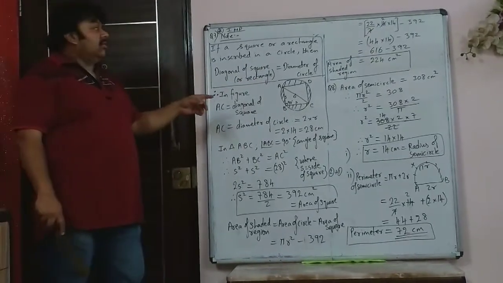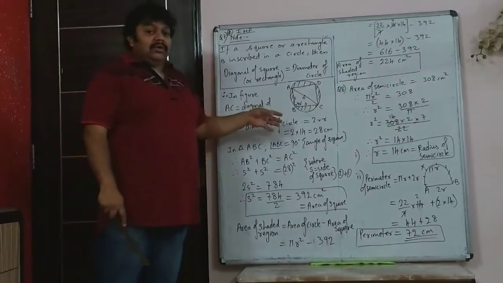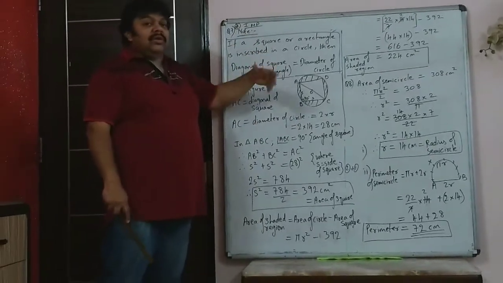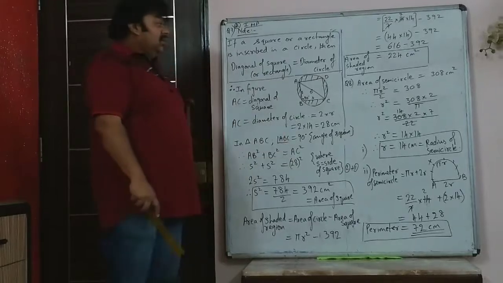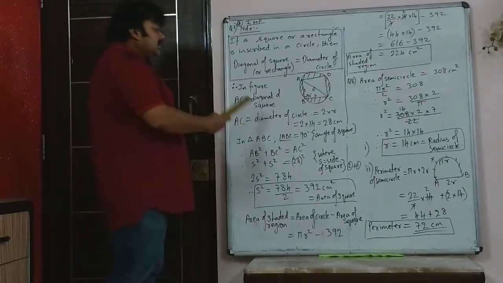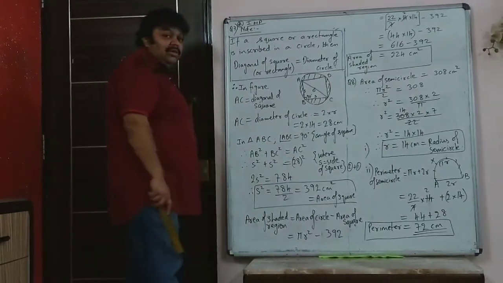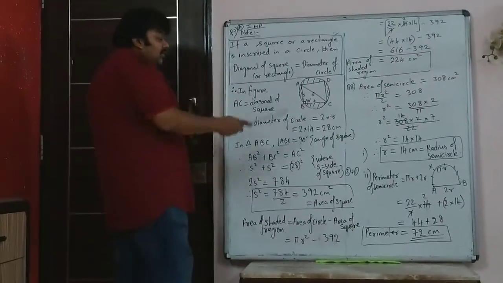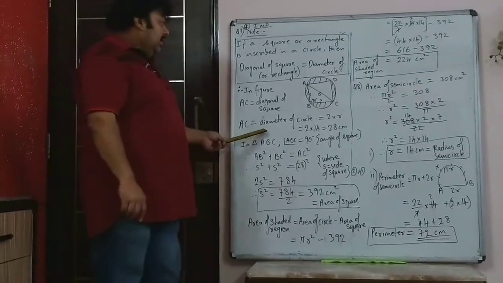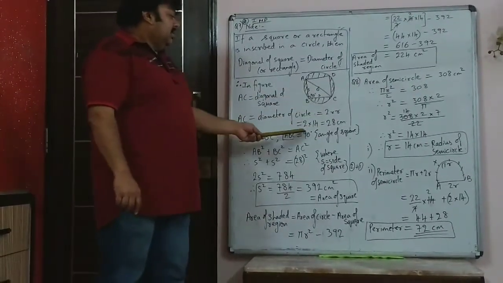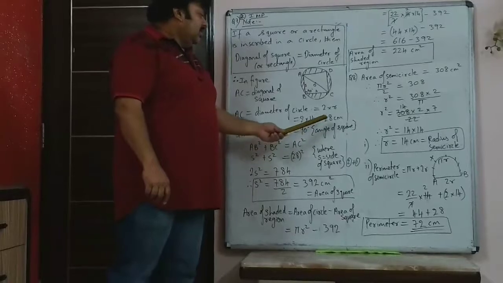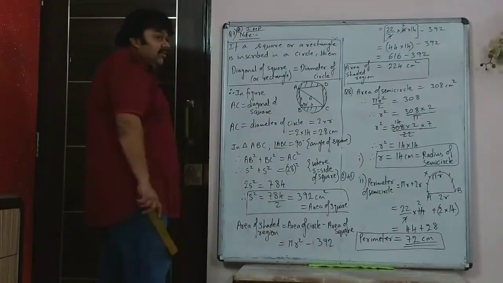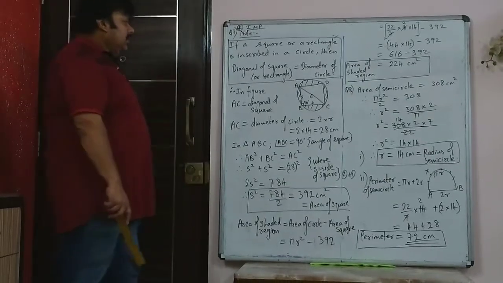So in your homework also there is a sum identical to this sum. Mark this sum is important. In that sum it is a rectangle inscribed inside a circle. In this case it is a square inscribed in the circle. Now here of course you are given AC, the diameter is 2 times the radius, so it is 2 times 14, that is 28. The radius is given to be 14 centimeter.